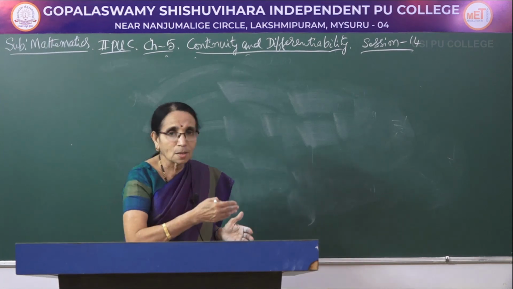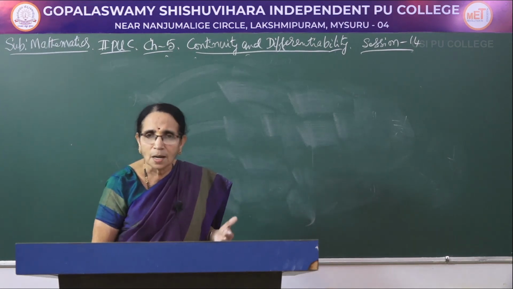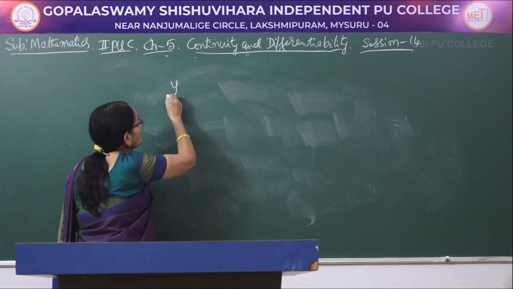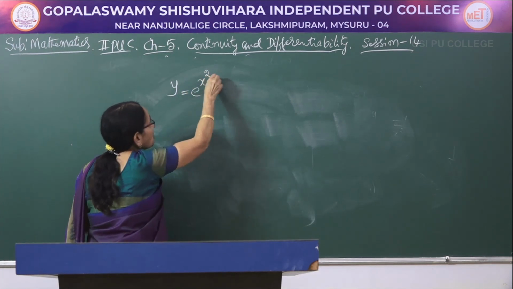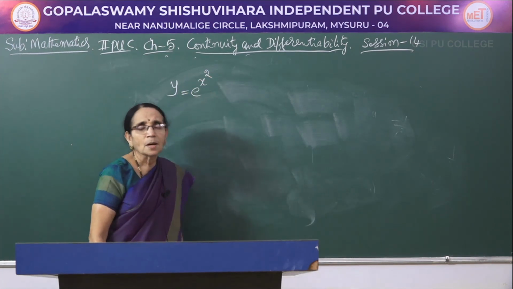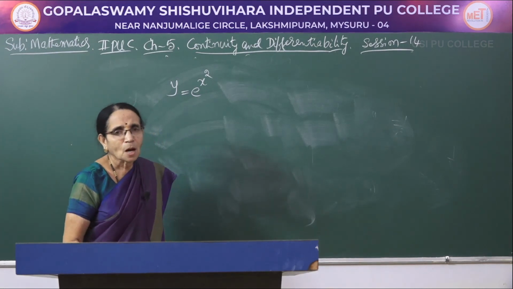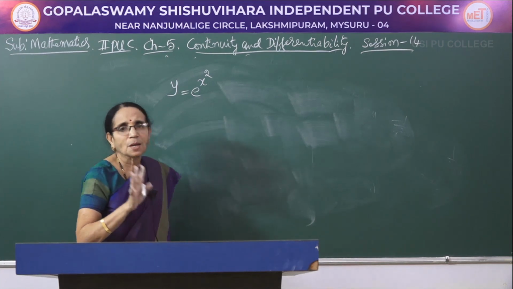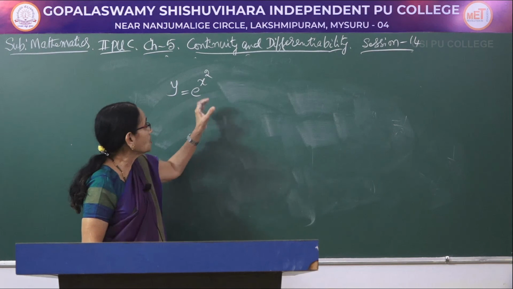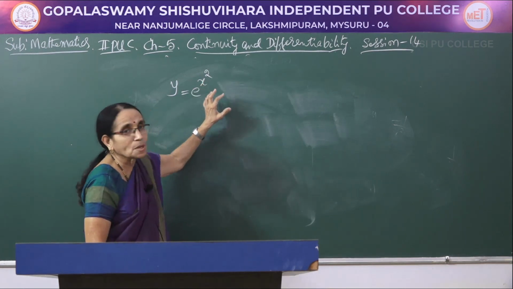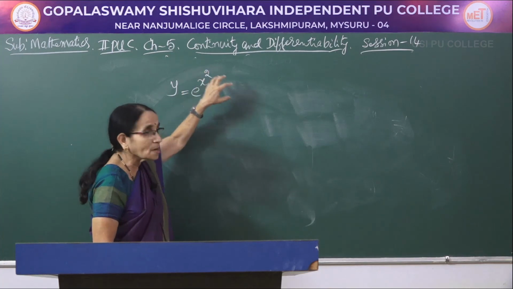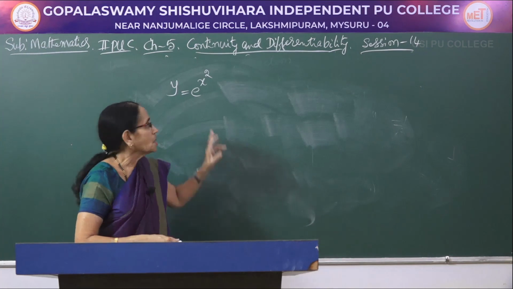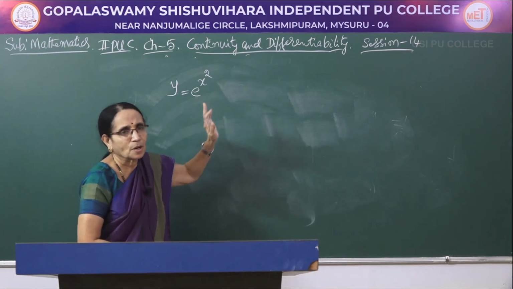So, instead of showing the substitution and working out directly, we can get the result. Now, let me consider an exponential function e to the power x square. Y is equal to e to the power x square. Now, if that were to be e to the power x, then it becomes a basic function. Here e to the power x square. So, e power something is exponential, that index x square is another function. So it's a combination of two functions here, exponential and the algebraic function.